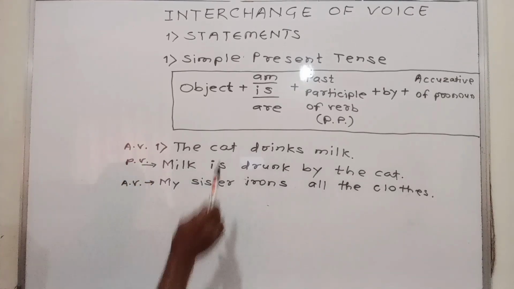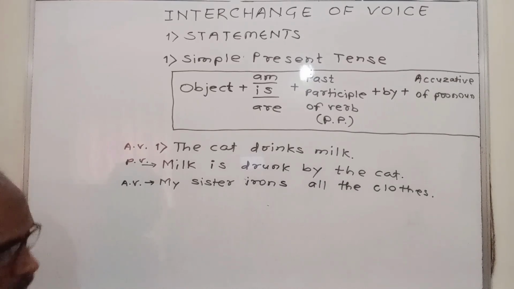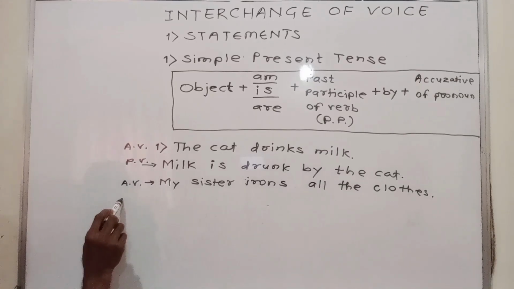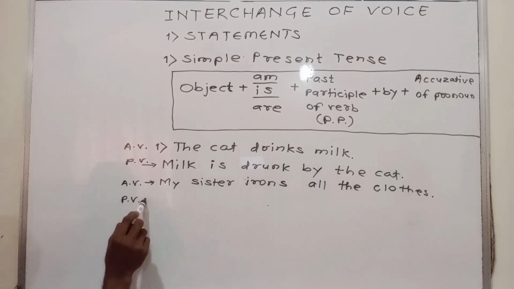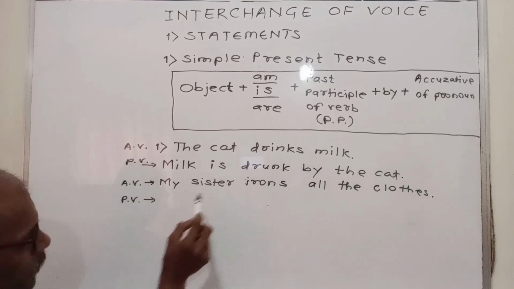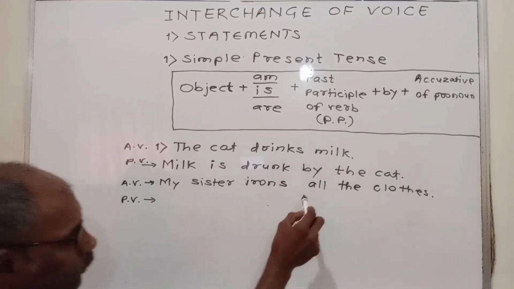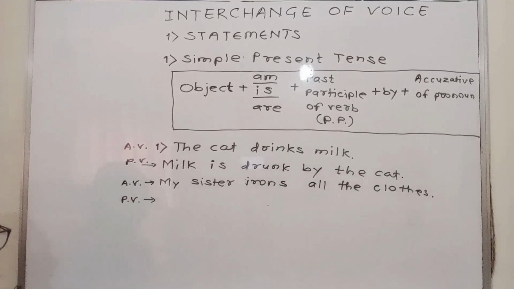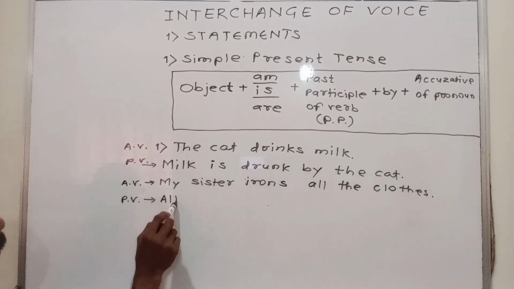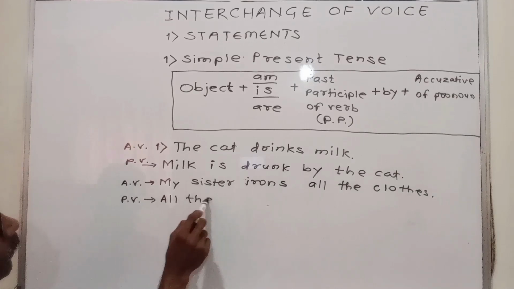We want simple present tense, so irons. Passive voice. See this: my sister is the subject, irons is the verb, and all the clothes is the object. Did you get it? So all the clothes